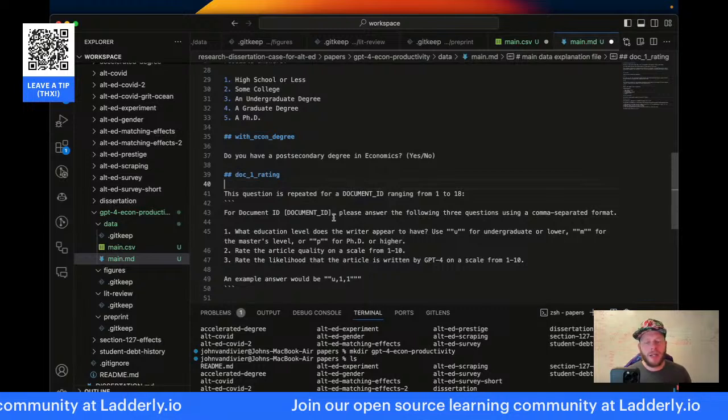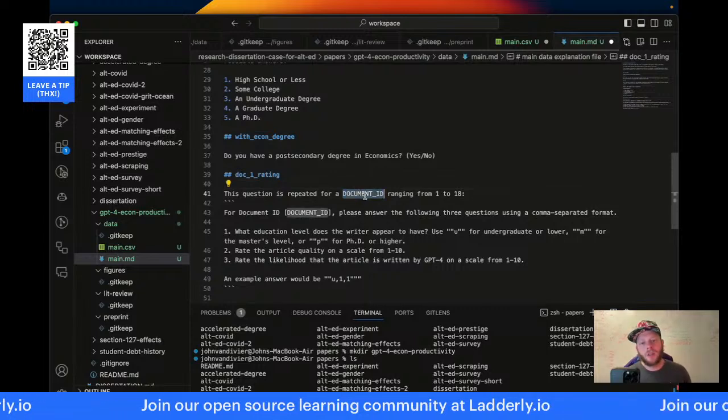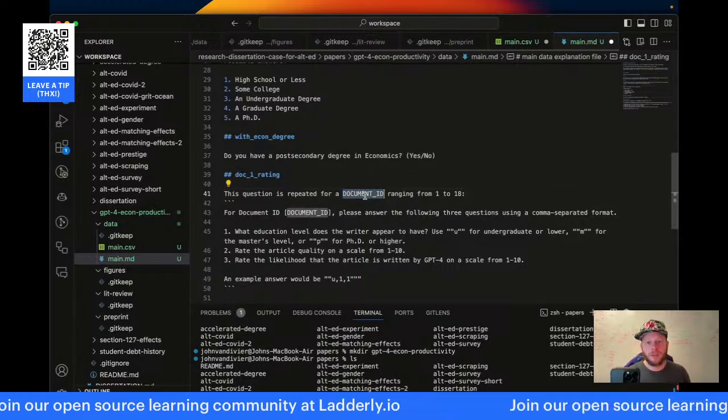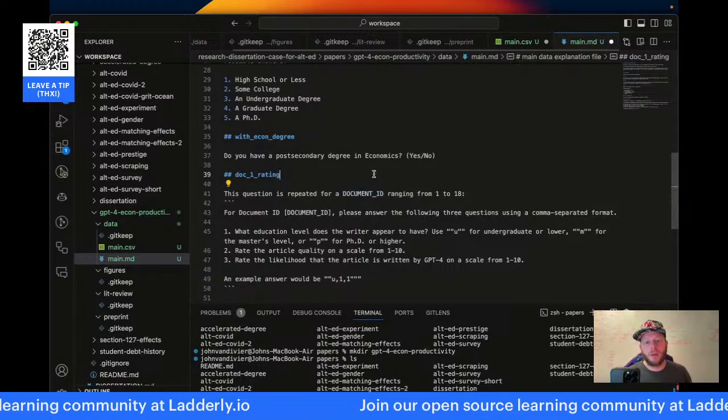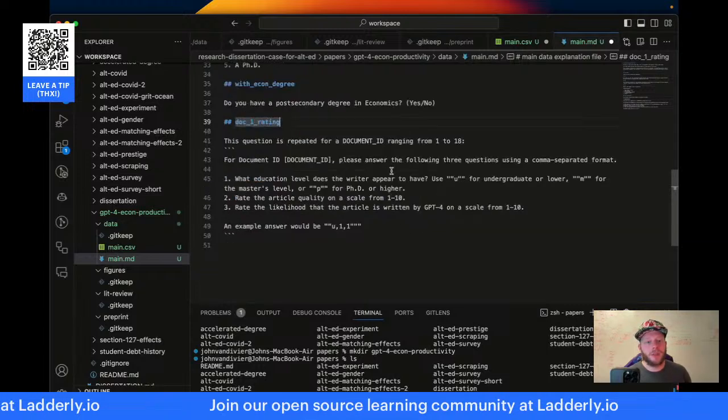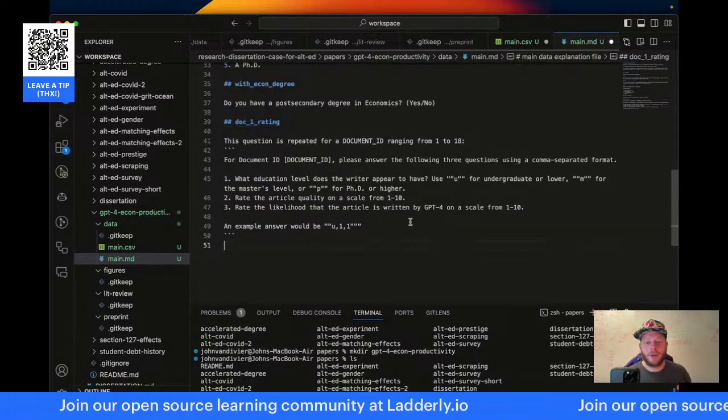For document ID, please answer the following 3 questions using a comma-separated format, okay?